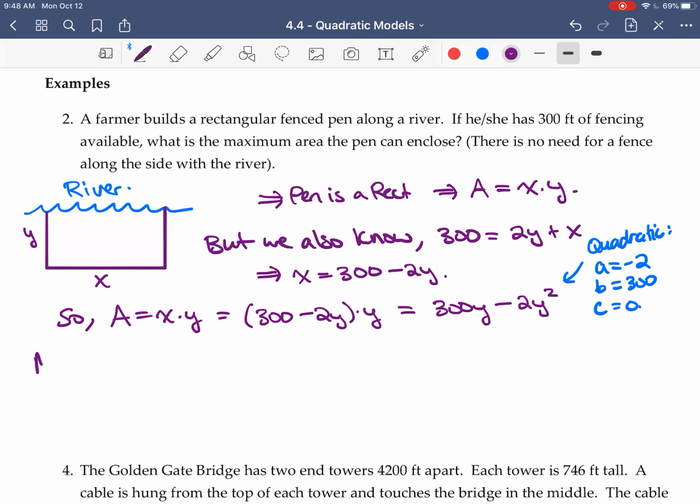Okay, so the max area occurs when y is negative b over 2a. So negative 300 over 2 times negative 2. So that's negative 300 over negative 4, which is 75. Okay, so when the y length is 75, we get the maximum area. And the maximum area,